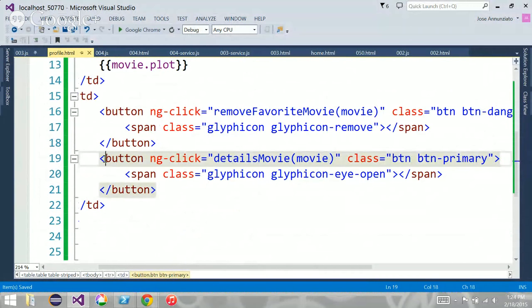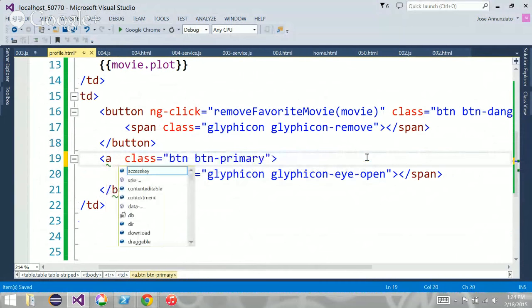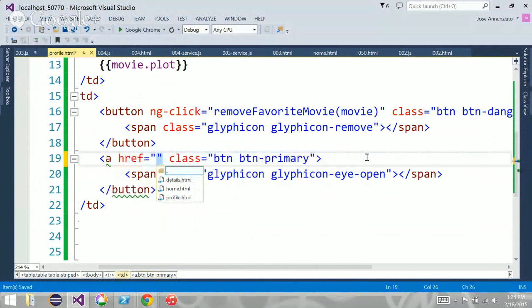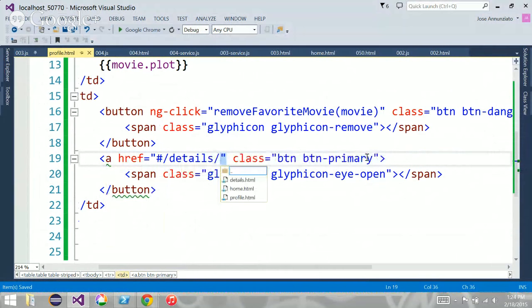We're going to say href, we want to go to the details page, but we want to pass along an ID. Which one? The details of what?